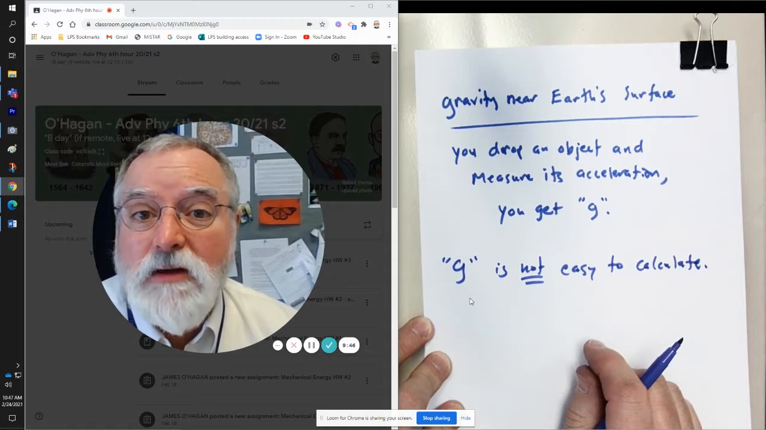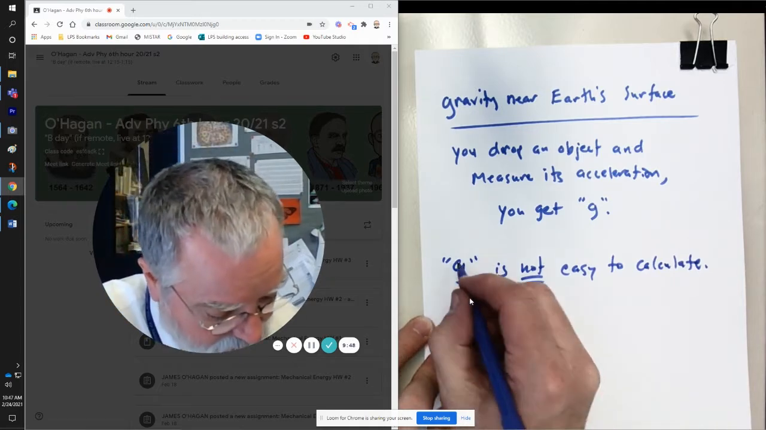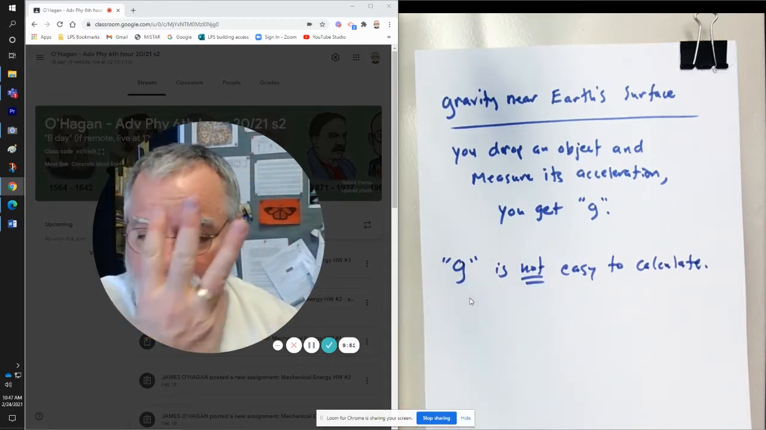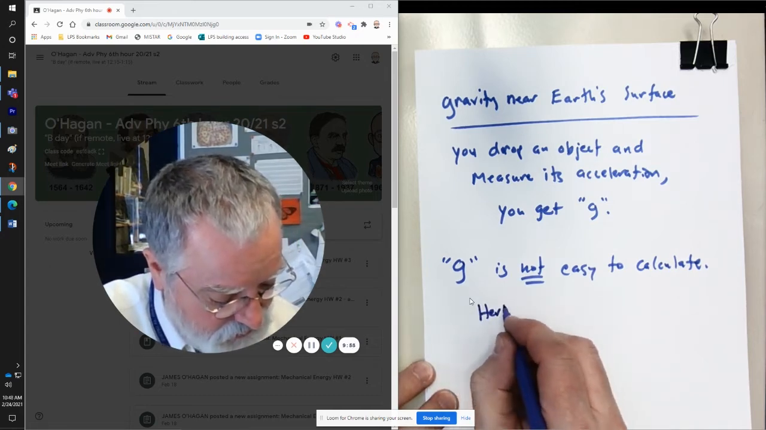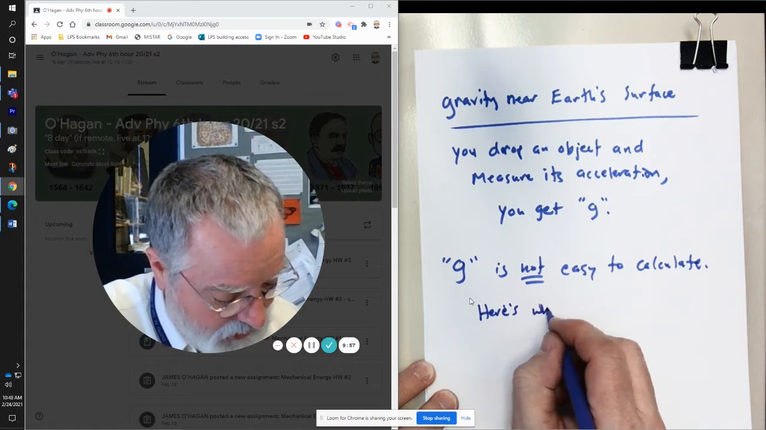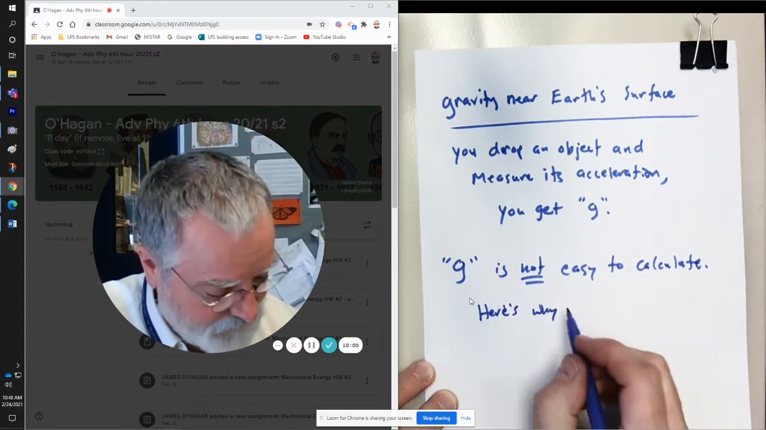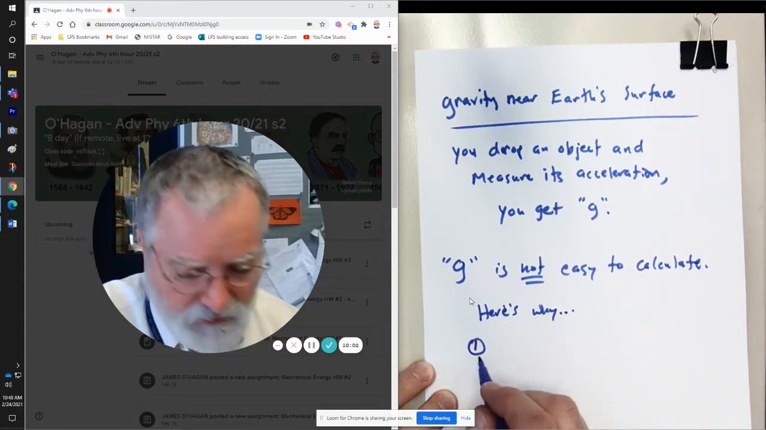And guess what? You're going to have to calculate it. So you better pay attention. All right. So here's why. There are three reasons why G is not easy to calculate. All right. Here's why it's not easy to calculate. First reason, all right,